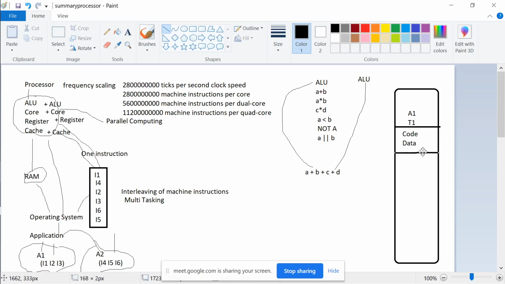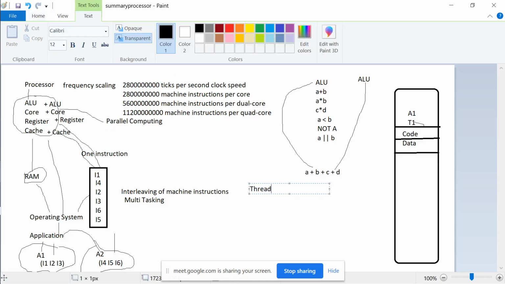So code and data, it is not mixed up. Always remember, the code and data is kept separately, but they are bound to the thread. Now this is where your threading comes into place. What is threading? Threading is nothing but your sequence of instructions that has to be executed. Threading is an execution flow